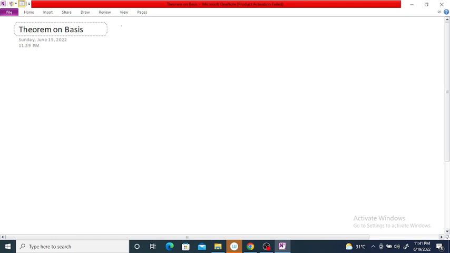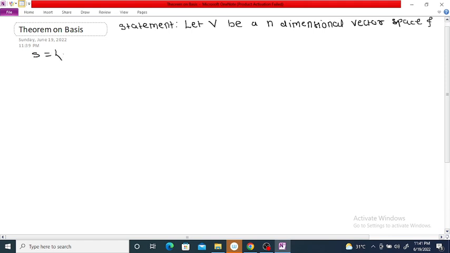Vector space, theorem on basis. Statement: Let V be an n-dimensional vector space and let set S = {v1 bar, v2 bar, ..., vr bar} be a linearly independent set in V,